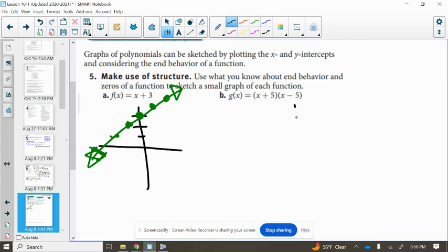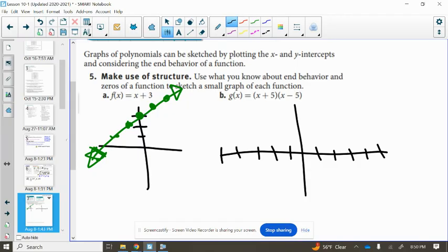All right, our next graph, however, is asking us to graph g of x, which is x plus 5 times x minus 5. So what the factored format is telling us is that we have 2 zeros. One of them is going to be at negative 5. The other is at positive 5. And notice our leading coefficient out here is just officially a positive 1. We don't really see it. It's just 1. And this is a second degree polynomial. If we expanded that out, it'd be quadratic. So we know that our end behavior, because it is positive, will be pointing up,